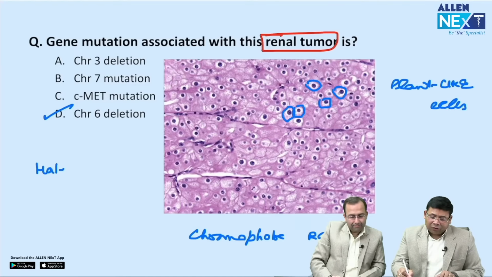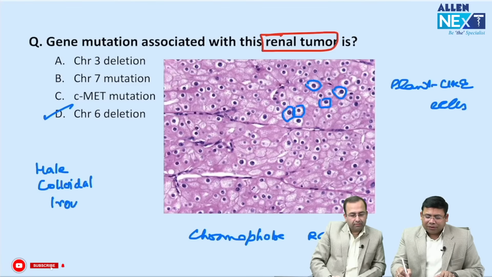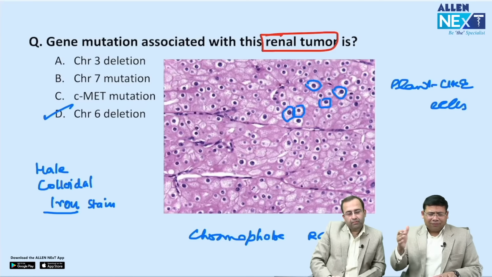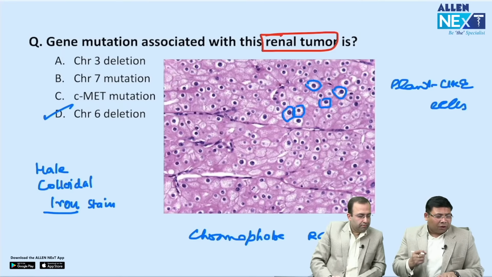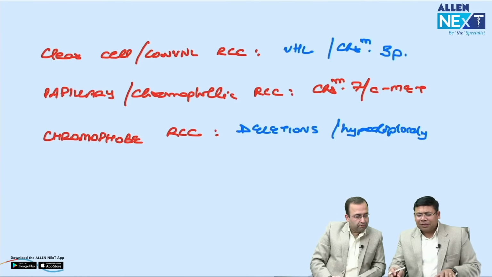That is Hale colloidal iron stain. So when we talk about Hale colloidal iron stain, this is a chromophobe RCC that typically picks up this stain, and we go for it. Now I will quickly discuss the composite management of RCC here for you. So 2-3 important points and a composite flowchart based management. The first is